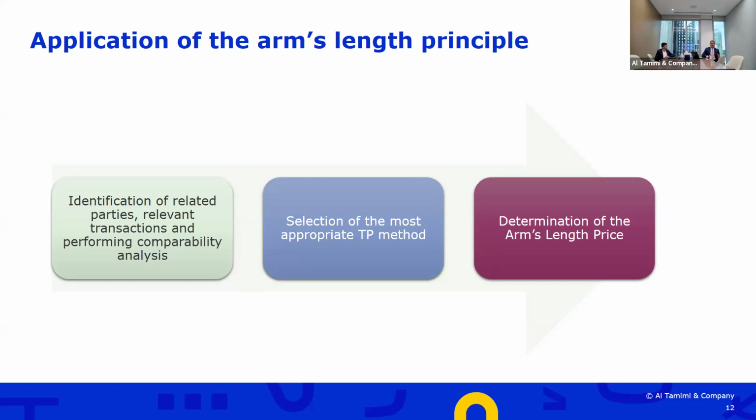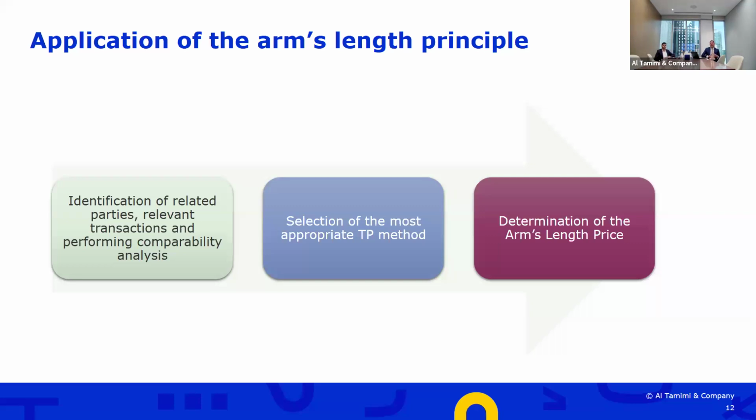Once you have completed this step, we also have to mention here that the tax authorities, the FTA, are putting a lot of emphasis on the functional analysis, spending a number of pages, and that shows the importance they will be placing on it. Functional analysis basically means the functions performed, assets used, and risks assumed by both parties of the transaction. The functional analysis is very critical because with it, you can determine what is the most appropriate transfer